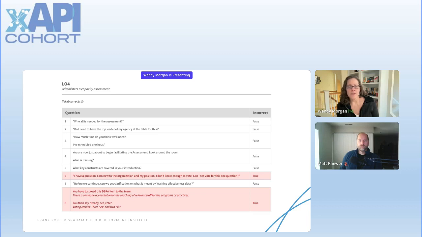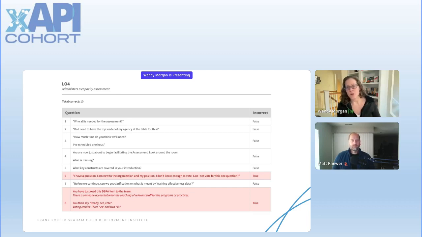So this particular drill down report illustrates all of the choices that were made within a virtual scenario in which a capacity assessment is being administered. So it starts from the beginning of that team interaction, and then they have choices of how they're going to act at each point throughout. And you can take a look at the periods that they had difficulty.